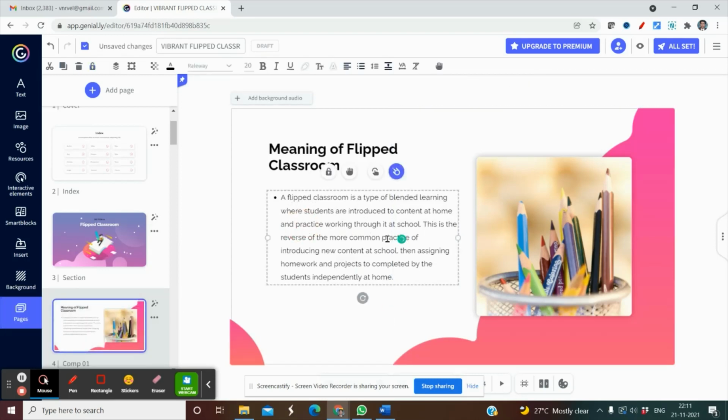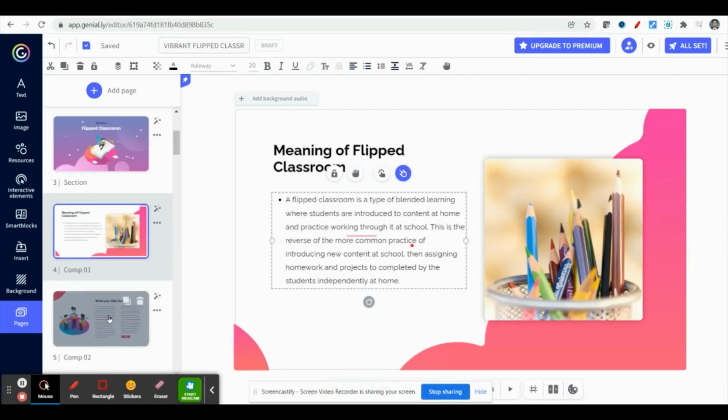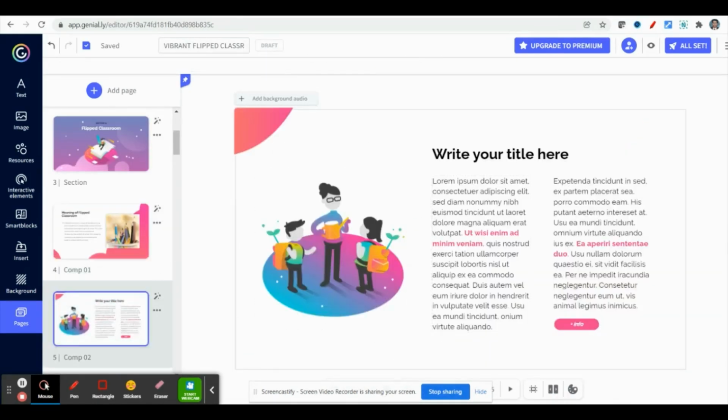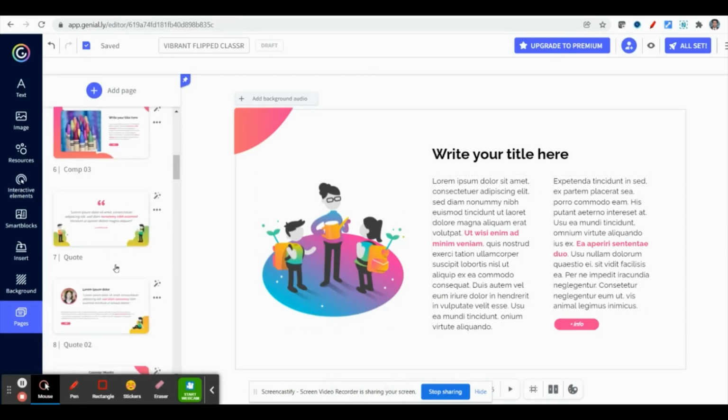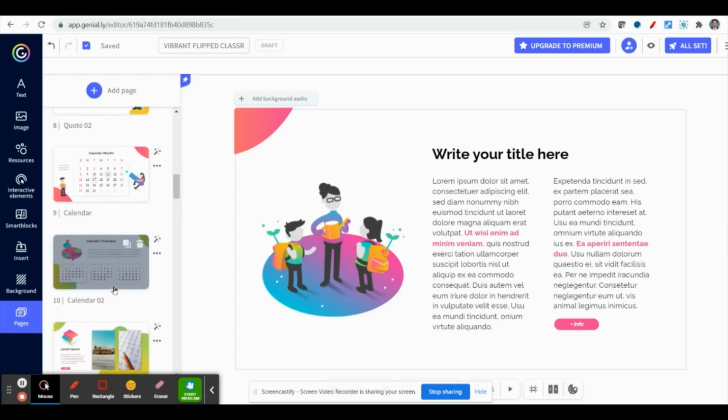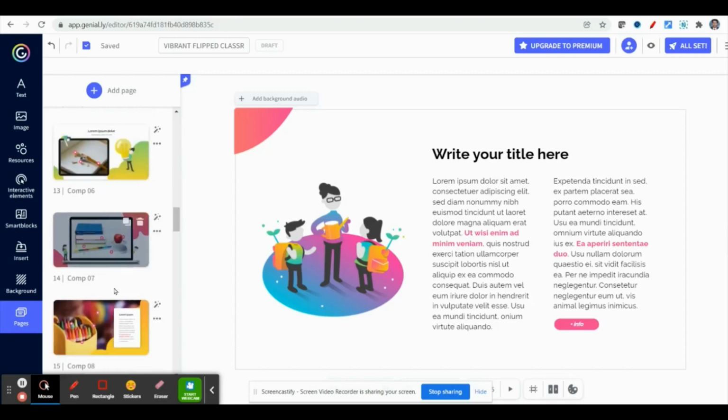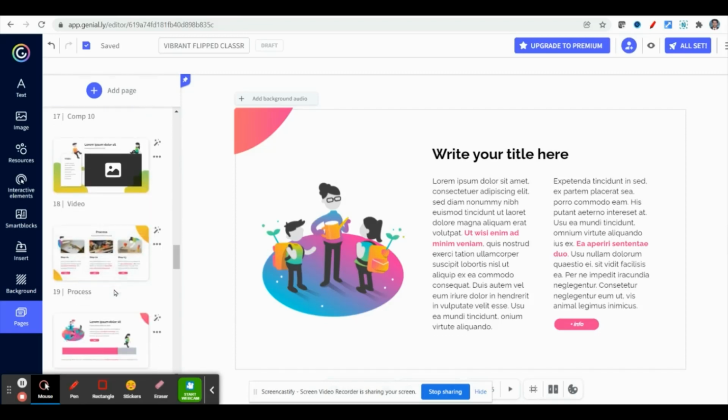You can get the text related to the meaning of flipped classroom. Like that, you can edit your own content. You can select slides and edit based on your need. These are the slides available, so based on your need you can edit and develop your presentation.